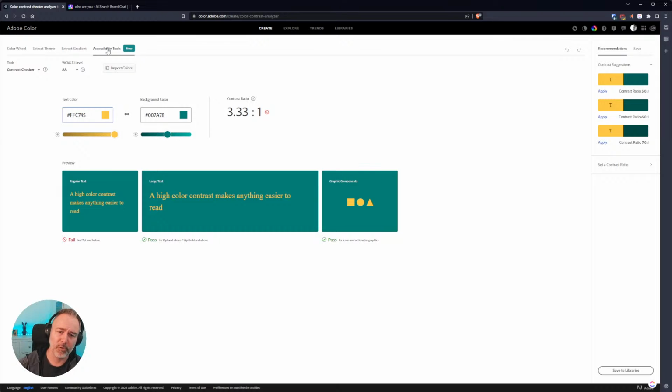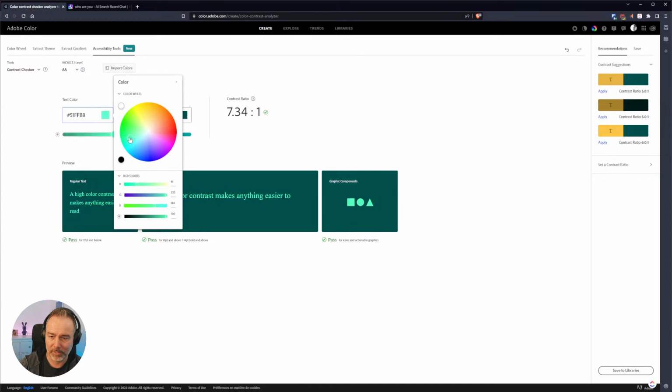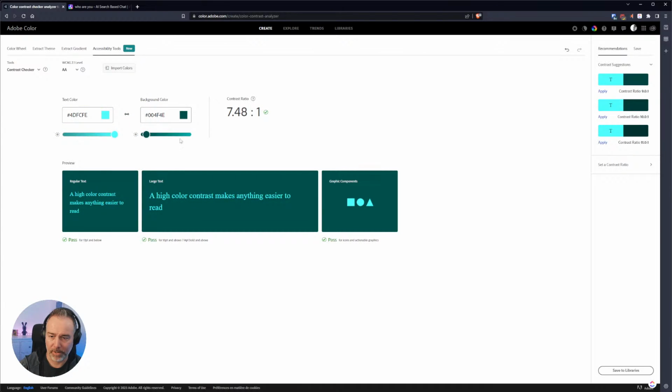Also, if you work in UX, for example, user experience, and you want to make sure to offer the best experience possible, there is another cool feature: a contrast checker, which lets you choose two colors. So if I do something like that and like that, for example, you say, you know what, this is maybe too close. So let's choose something which is closer to the other one, like this one, and go here. It may say at some point, you know what, you have a fail here. So you can make sure that the colors you choose have enough contrast to be visible online,